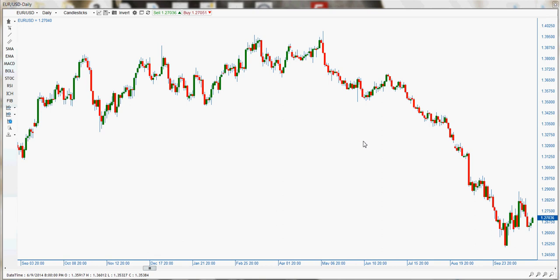So, diving right in, we're looking at a daily candlestick chart of the euro dollar. First thing that jumps out, obviously, is this pretty nasty decline. We're looking at 1,500 pips, give or take, persistently to the downside. The next thing that jumps out at me is the fact that we've gotten a pretty healthy bounce. This is a 400 pip